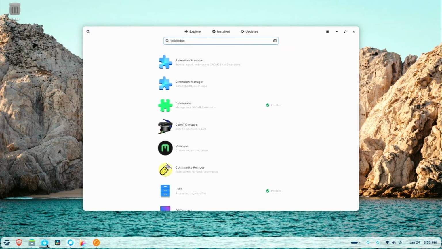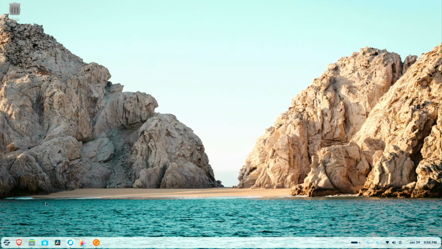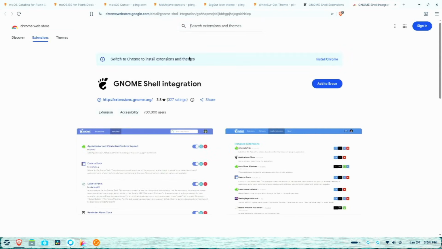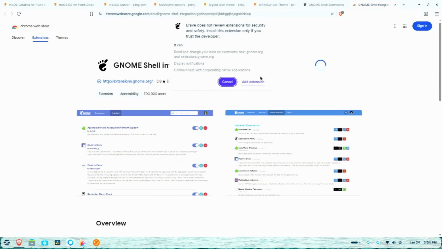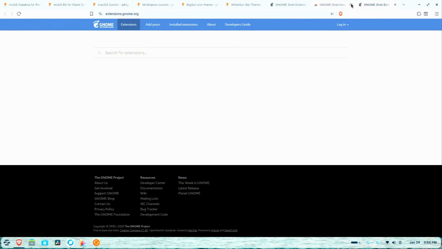First, we go to the store, extensions, and then inside extensions, choose FlatHub, press install, and that's it. So now go into the website, go to GNOME extensions, then click on the link, add to Brave, add the extensions, then go inside the extensions and open it, click on this, and then close